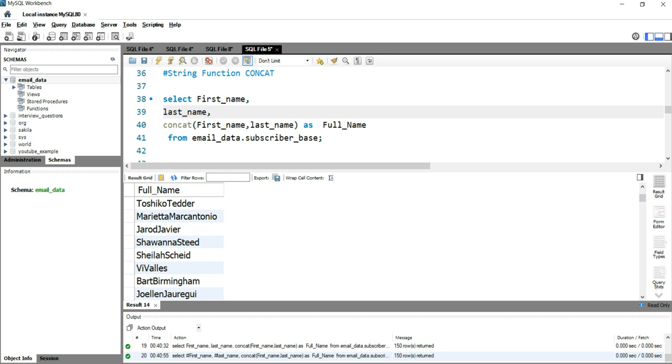So what I can do is that after first name I can simply put a double quote, and within this double quote I can put a space, and after this double quote I have to put a comma.